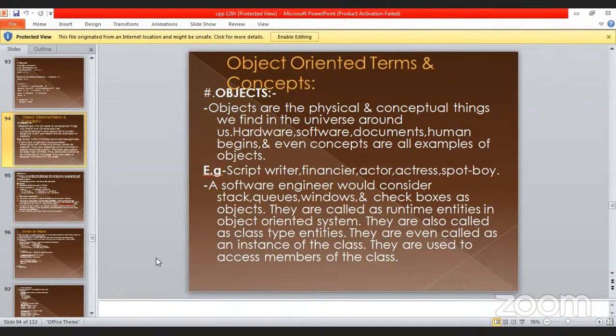In the last lecture, we have seen briefly what is object-oriented. So what is an object? Objects are the physical and conceptual things we find in the universe around us. Hardware, software, documents, human beings, and even concepts are all examples of objects. For example, here script writer, finance, actor, actress, sport boy, a software engineer would consider the stack, queue, windows, and